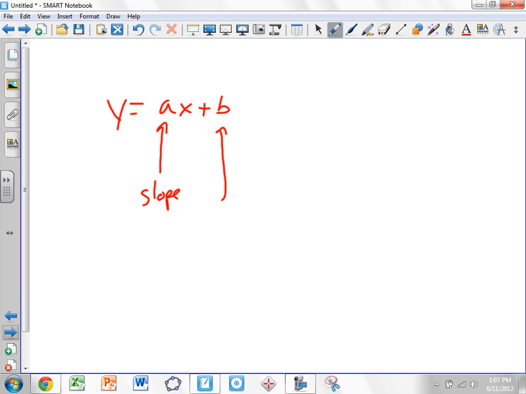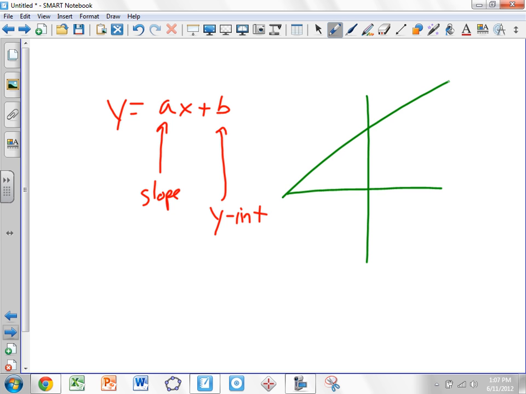Isn't that where you start? Yeah, which is called the... No, y-axis. y-intercept. Close. It's your starting point, your y-intercept. Okay? So if you had a graph, and the graph was just given to you like this,